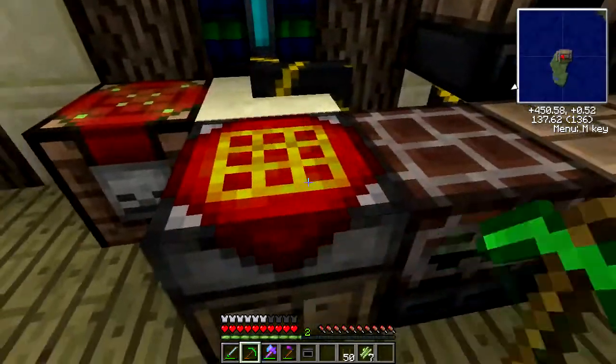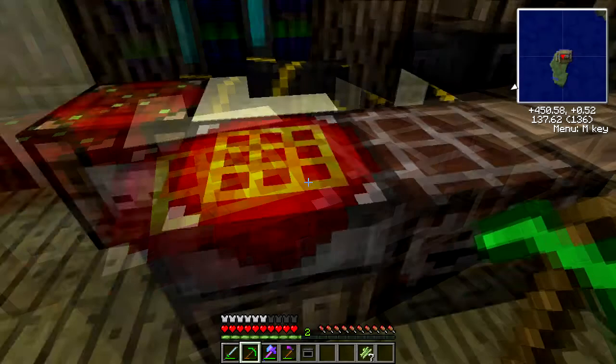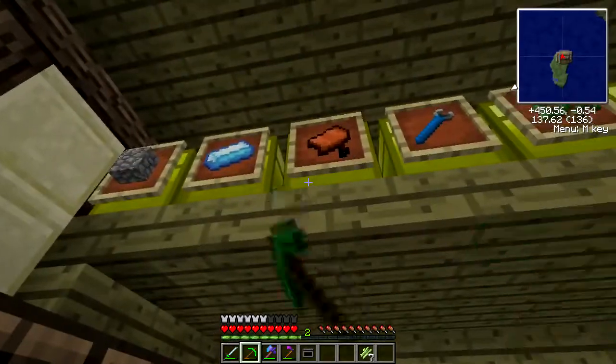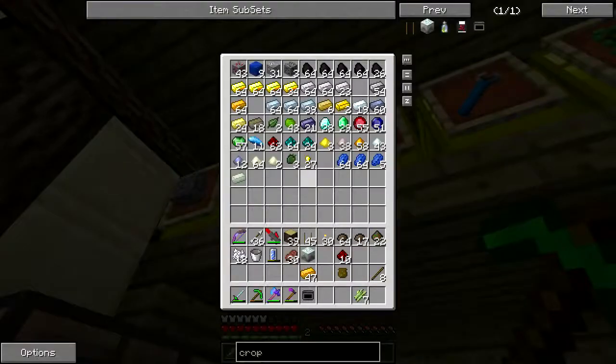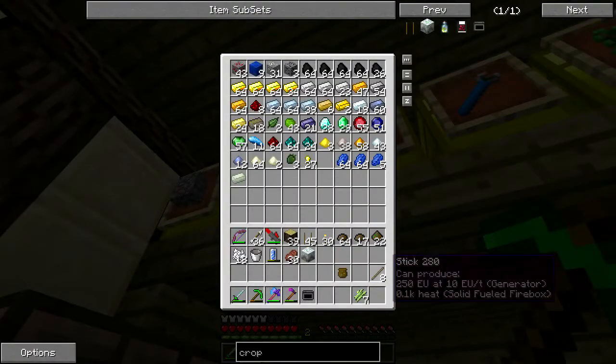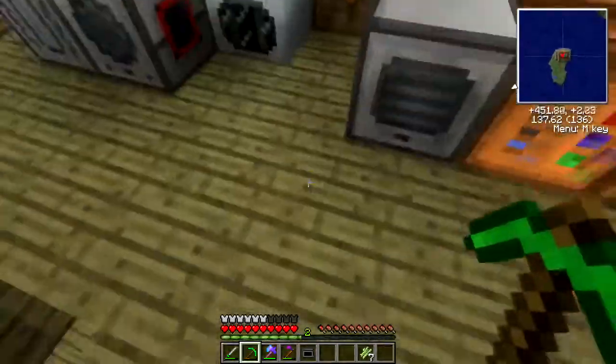Machine block. That went in there. And then we've got loads of crops because I'm playing with them all day long. Bingo! We have a crop matron. So all of this is Industrial Craft, so it needs Industrial Craft power, which is EUs. So if we can find some EUs from somewhere, this may be trickier. I do not know where I will get EUs from, because my only EUs are this